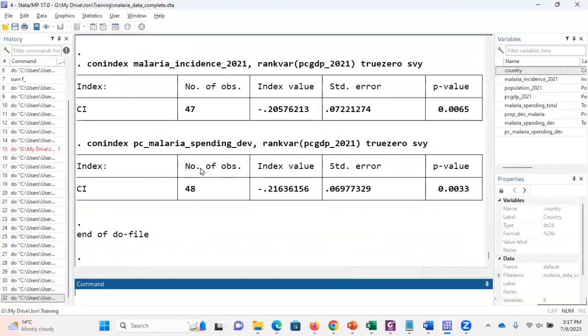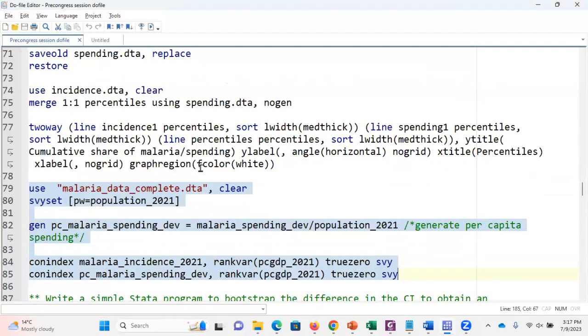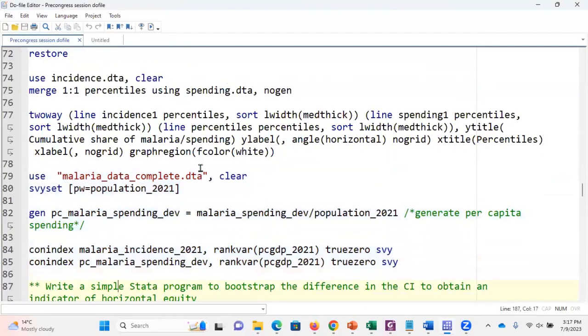So you see the two indices. One is minus 0.205. We've seen that before. Then the other one is minus 0.216. We can't tell whether the difference is going to be significant or not, but looking at them, we know it's very close. But we now need to apply statistics to this to know whether one is bigger than the other or smaller than the other. So to do that,